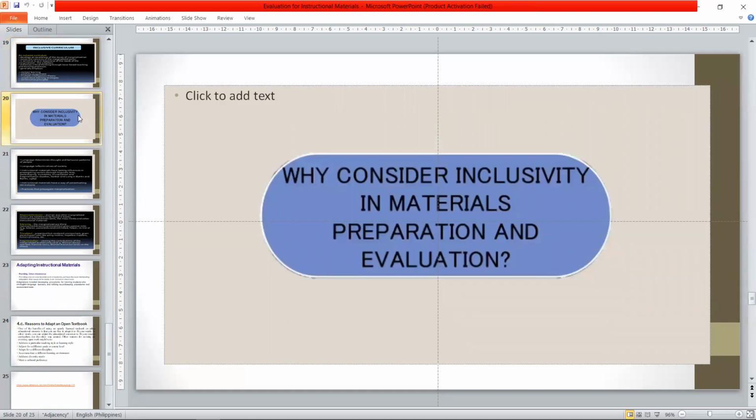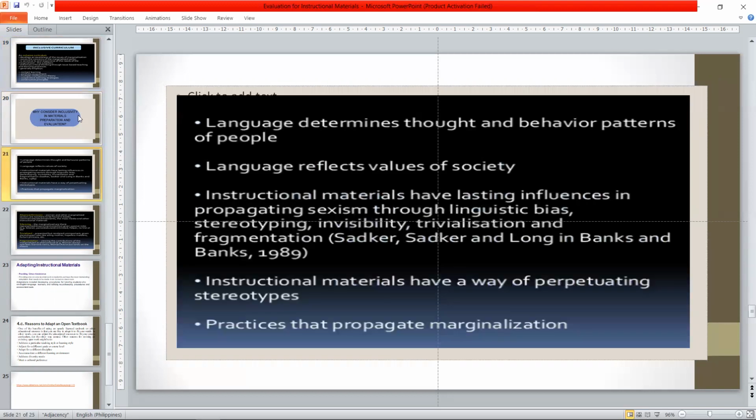So why consider inclusivity in materials preparation and evaluation? Language determines thought and behavior patterns of people. Language reflects values of society. Instructional materials have lasting influences in propagating sexism,